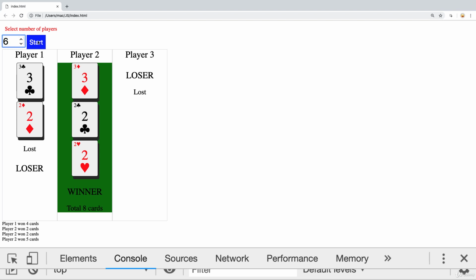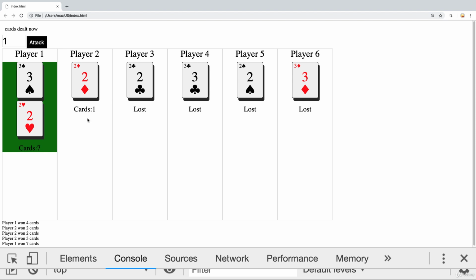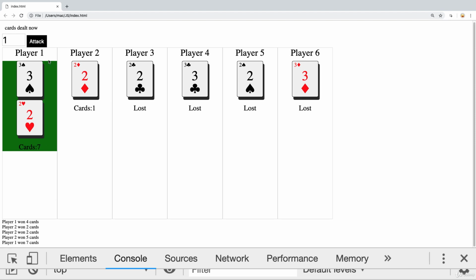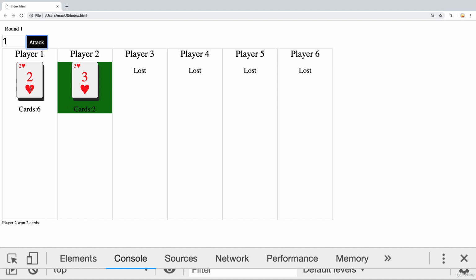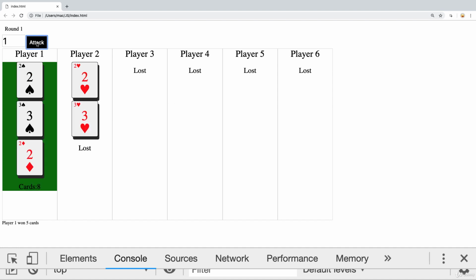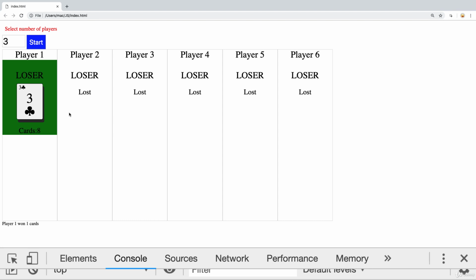So we need to select the number of players. So we can do 6 players. We've got attack. So this one has 7 cards. That one has 1. So we end up with another attack here, and we can play it round by round. You see that it works no matter how many players we end up with, and now we're back on selecting